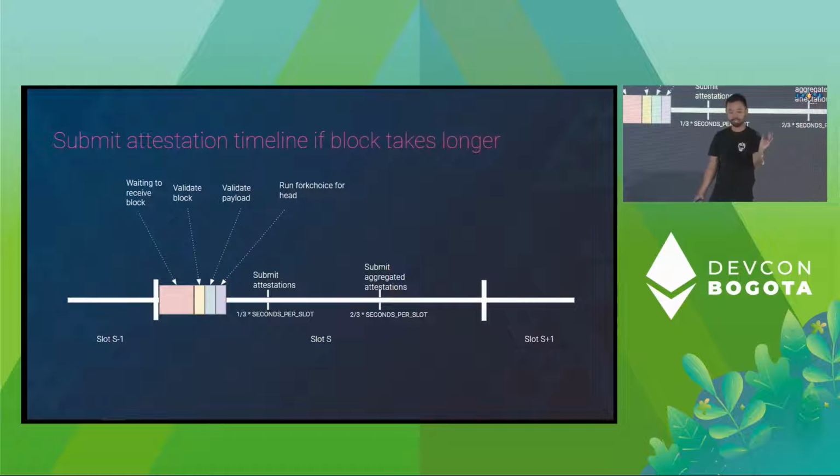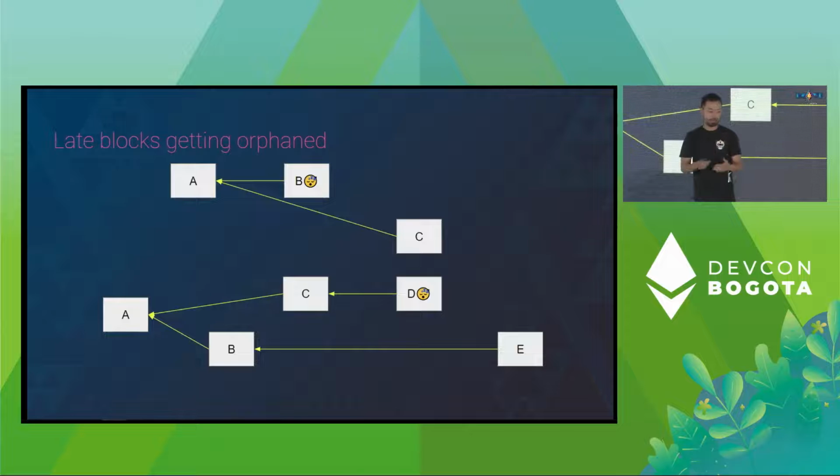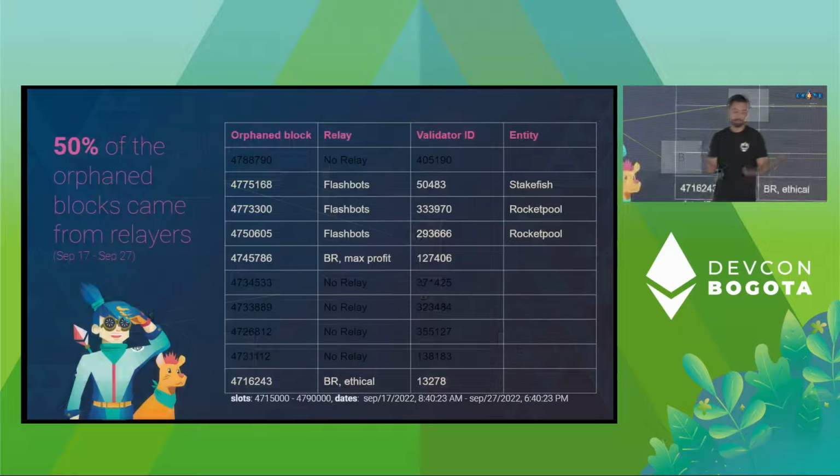If you're waiting in the front for that long, then you will essentially eat up the time that you have. So you don't want to be the lazy block, you don't want to be the late block, because you will get orphaned, right? In the top example, block C was supposed to build on block B, but it built on block A, because block B was late. In the bottom example, block E, instead of building on block D because of proposer boost or something, which was supposed to be the head but is not the head, built on block B, therefore C and D got orphaned, right?